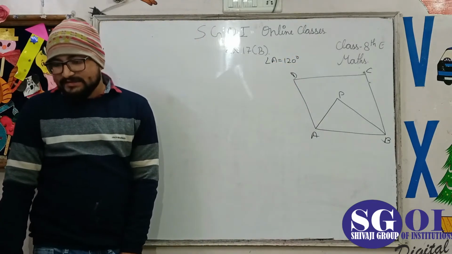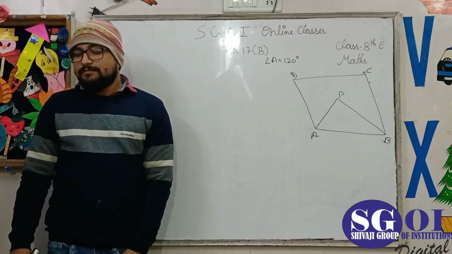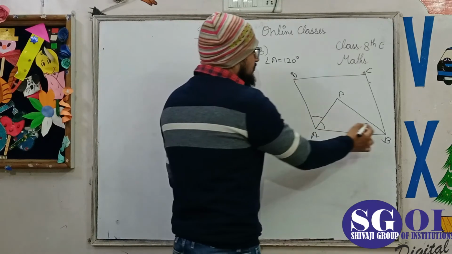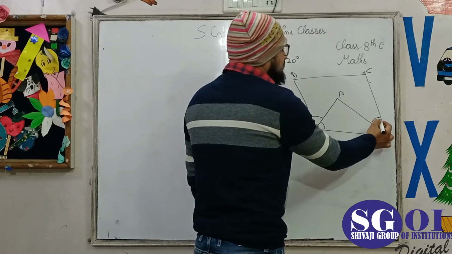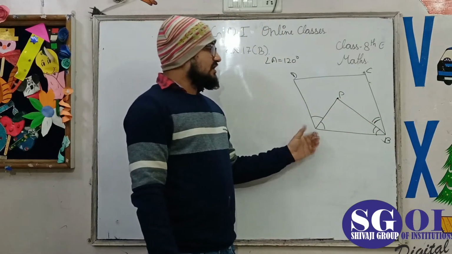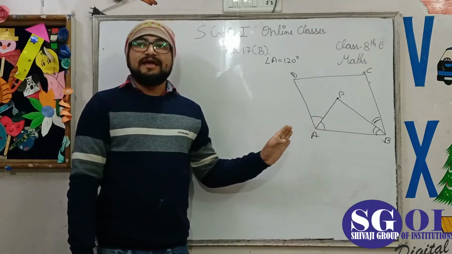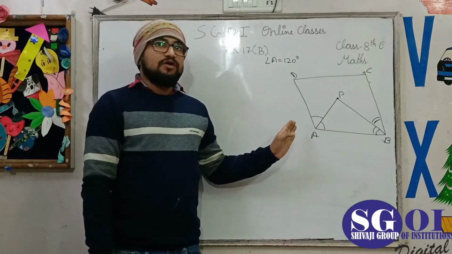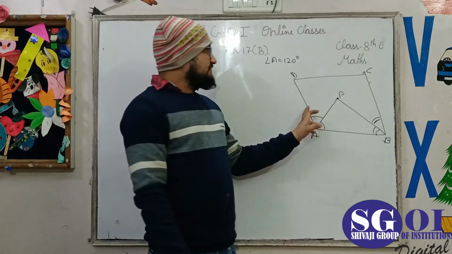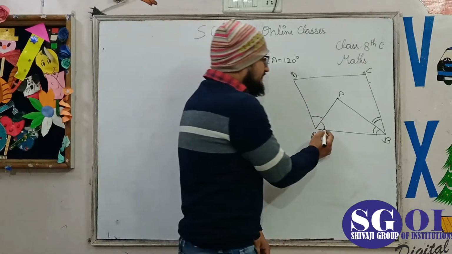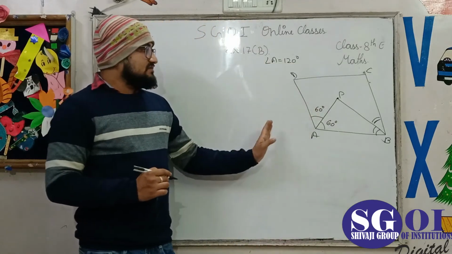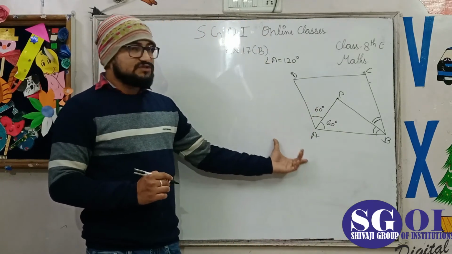Moreover, they are saying if the bisectors of angle A and angle B meet at point P. They are saying that the bisector of angle A and the bisector of angle B are meeting at point P. So what does bisector mean? Bisector actually means a line which divides the given angle into two equal halves. Or you can say that the value of both angles will be equal. So if this complete angle is 120 degrees, then certainly we can say that this angle would be 60 and this would be 60 as well. So this is a simple thing you should be applying in this question.